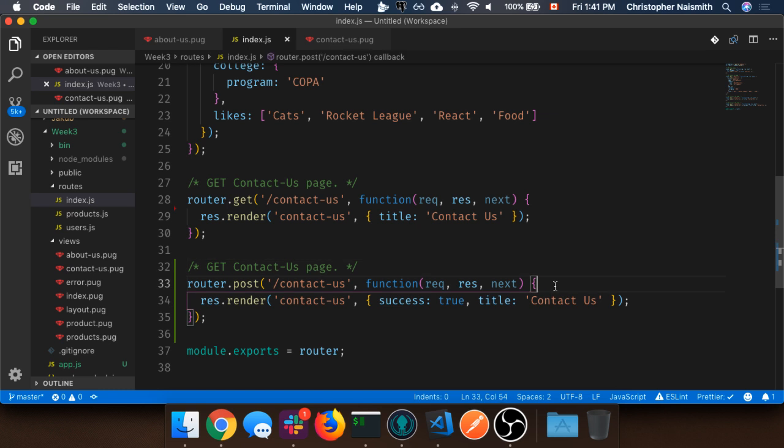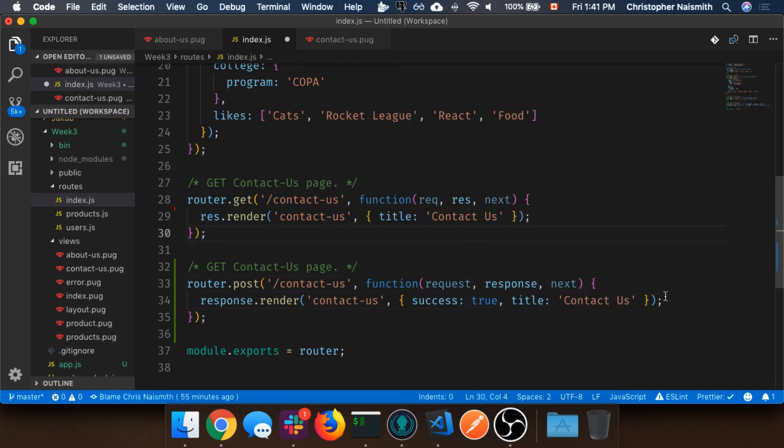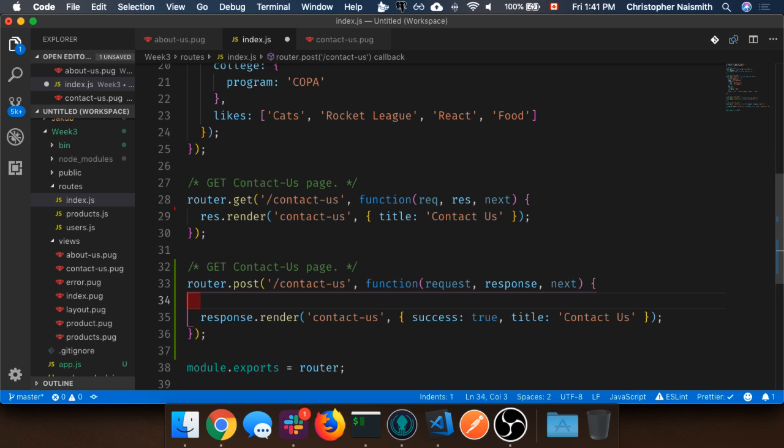So in this case, we've done a lot of stuff with the response object, which is right here. So this is kind of the first case where we're actually going to be dealing with the request object. So the request is going to be containing all of our information that is sent from that form. So as you guys are familiar with, when you submit a form, it's called the body, or the body of the request. So in here, I can actually get the